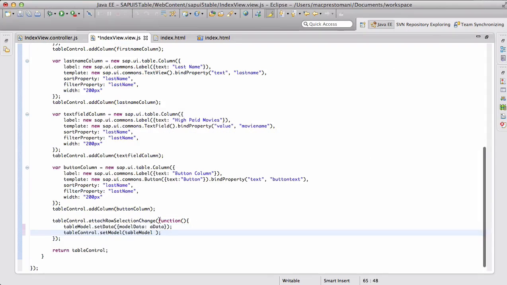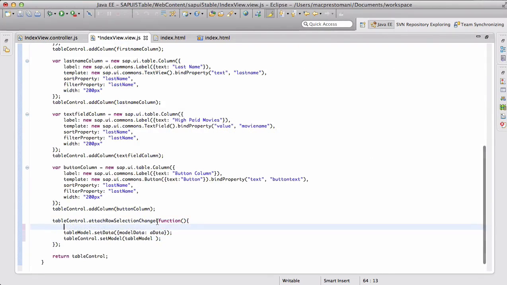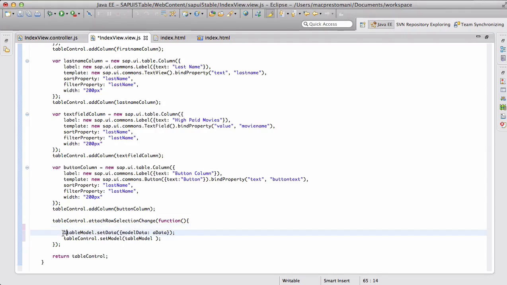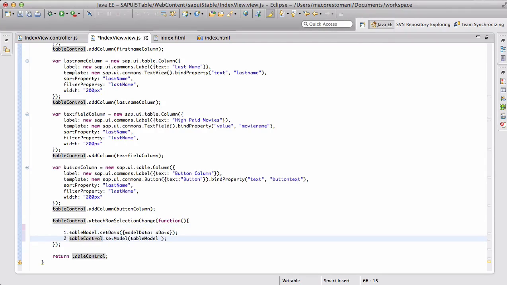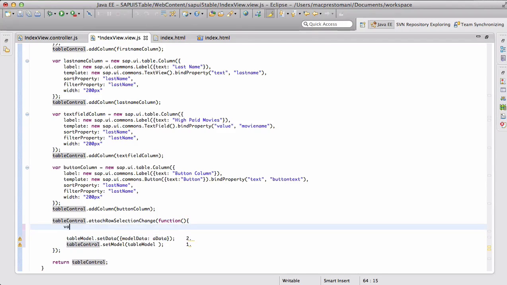So just paste it here. In the table we are setting the data and setting the model to get the values. For getting the values, it should be in the reverse order. For setting, it is order 1 and 2, but for getting it, this is 1 and this is 2. So we are just getting the model, table model